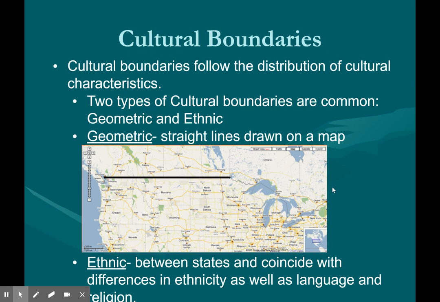So that's going to wrap up our talk on colonialism in Africa, as well as looking at boundaries of nations and of states and how they are drawn differently, and what the different types of boundaries are. We talked about what boundaries are in general. We looked at physical boundaries. We looked at geometric and ethnic slash cultural boundaries. We looked at all the different ways nations are divided up and how they determine what is in their control or not, in regards to how much influence they have over an area, based on the boundaries that are put in place.